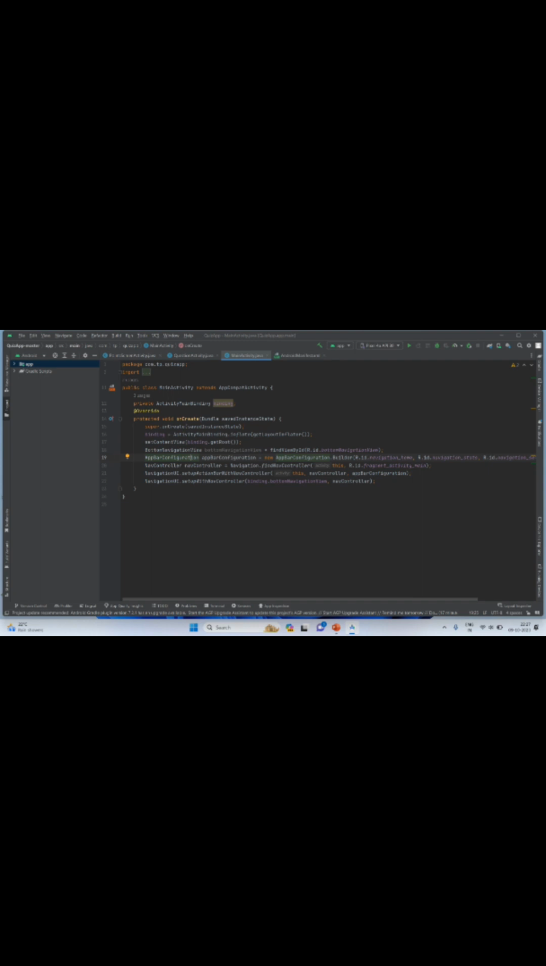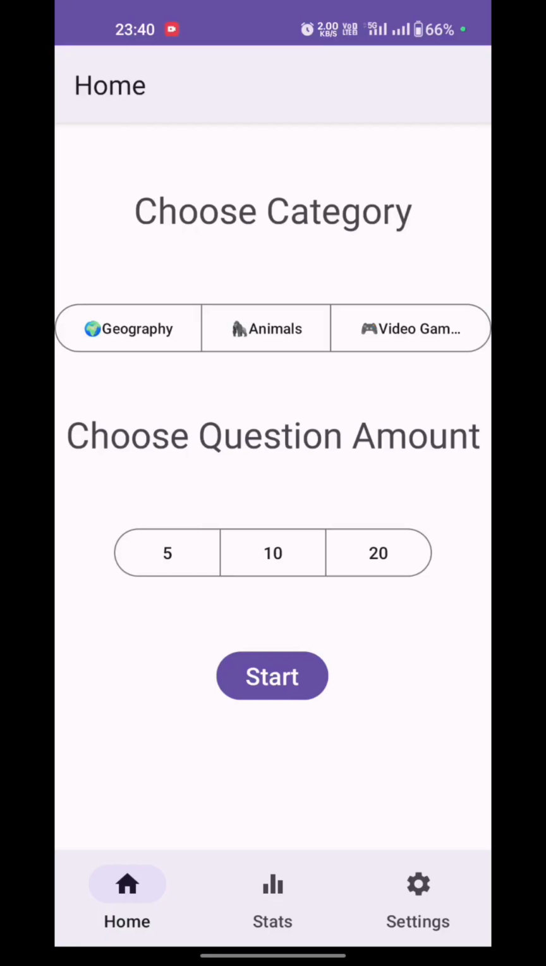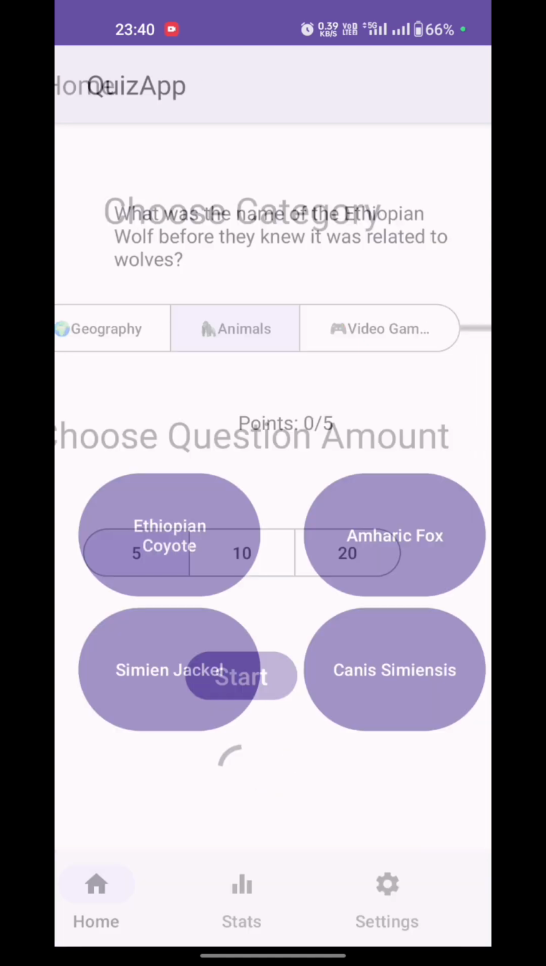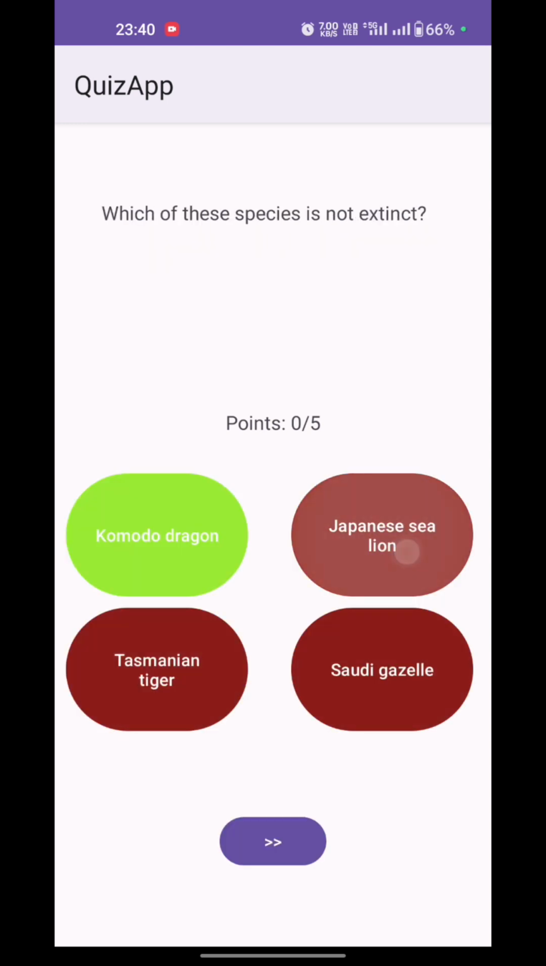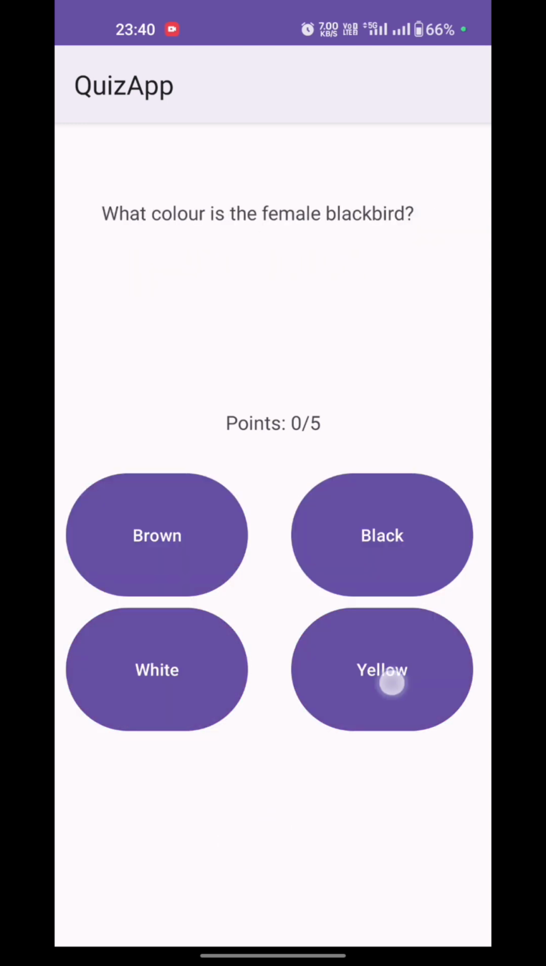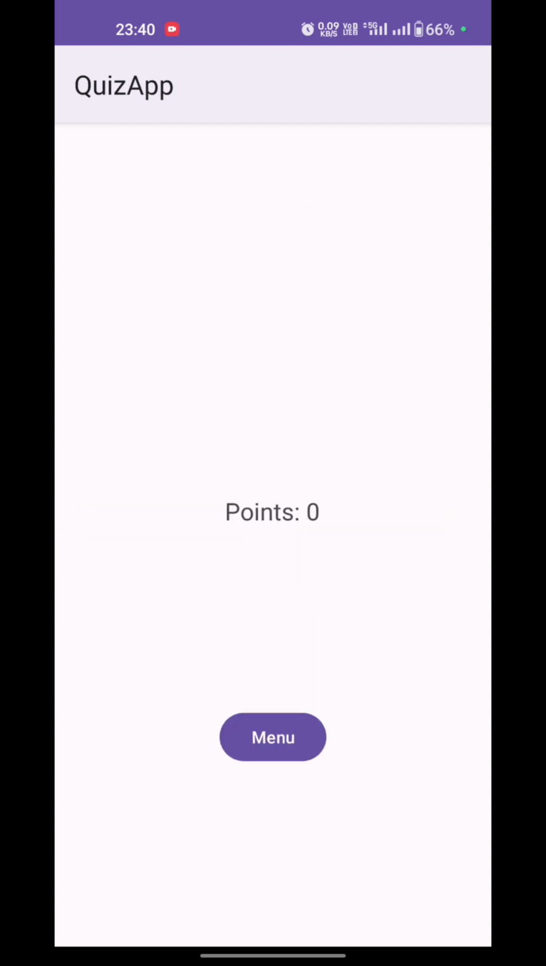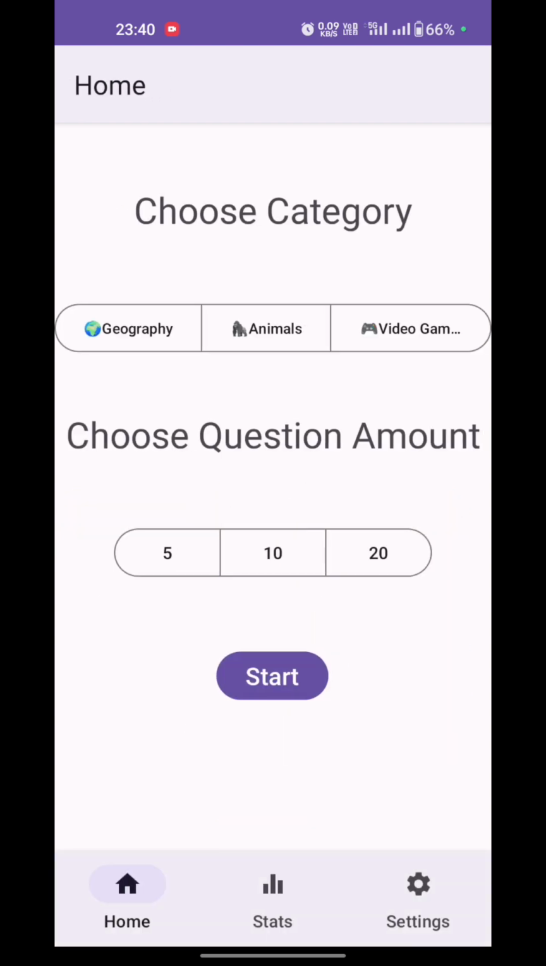Then we have the output part. So this is the menu which we have. We'll select animals in this, then number of questions 5, then we'll start. The correct answer will be displayed in green, then the rest will be red. Simultaneously marks will be updating, and the score is 0, will be back to the main